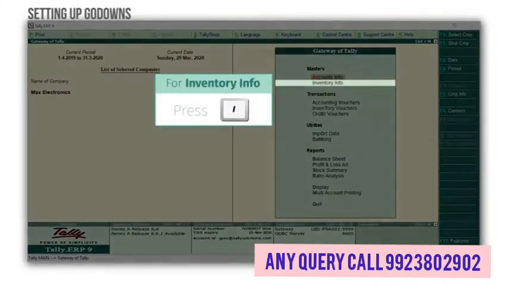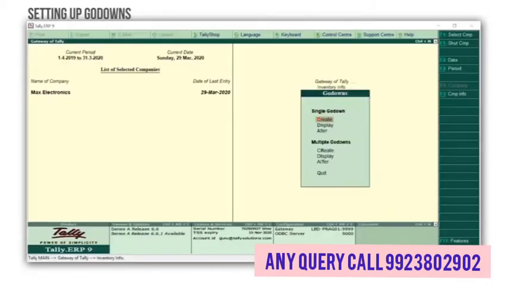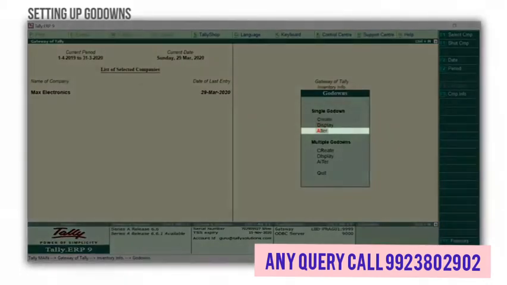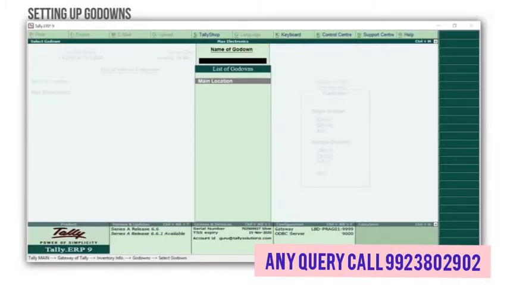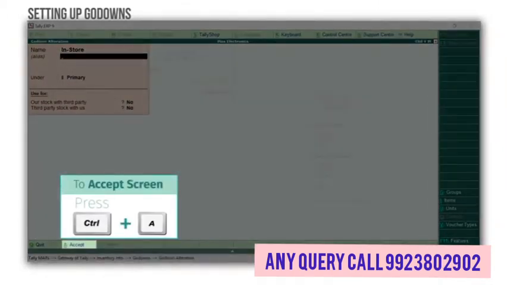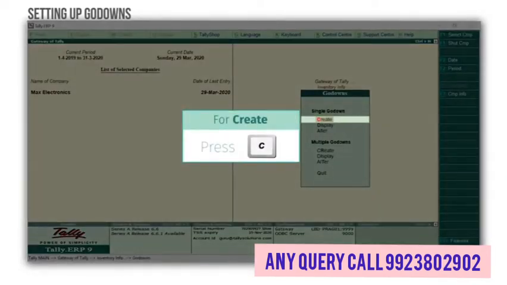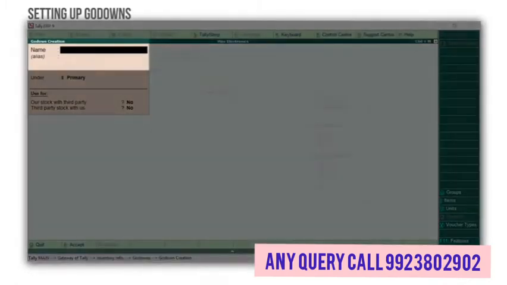For this, press I for inventory info, press D for godowns, go to alter, enter on main location, press spacebar to remove the name, type the name as in-store, press Ctrl A to accept the screen, press escape, press C to create another godown, type the name as warehouse, and here is a quick